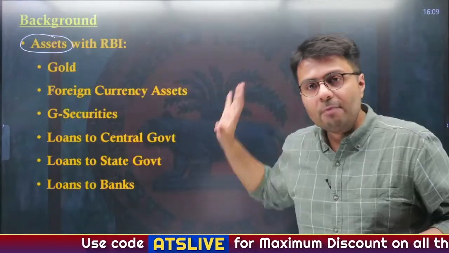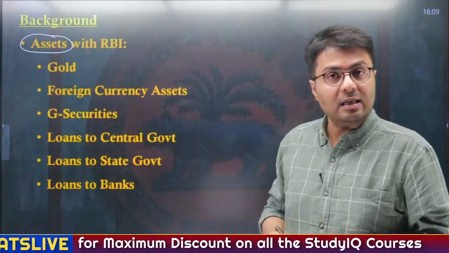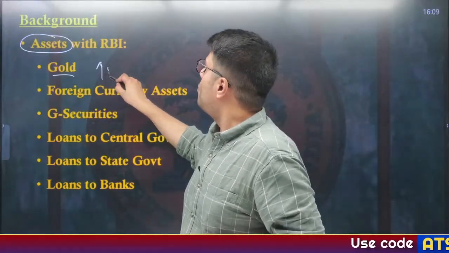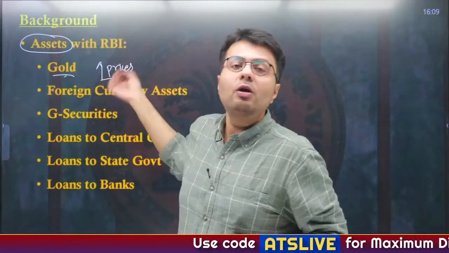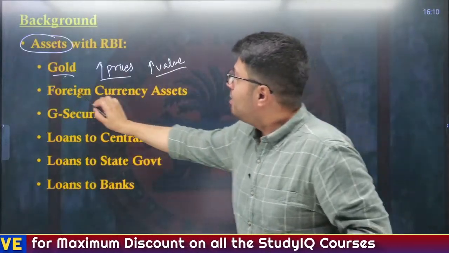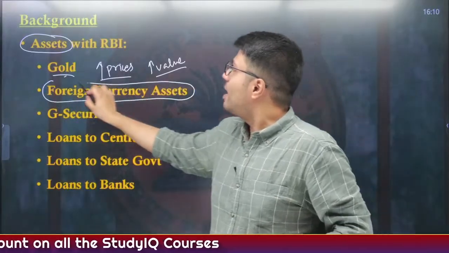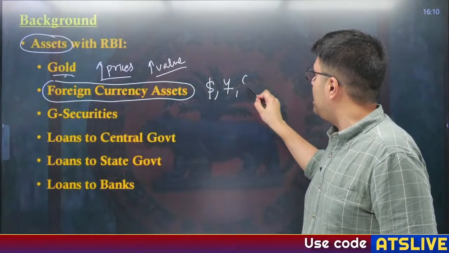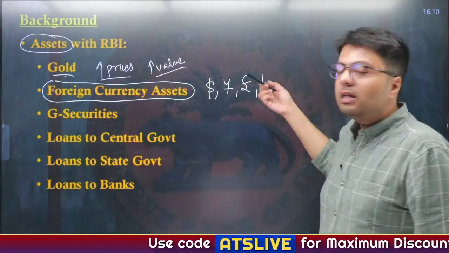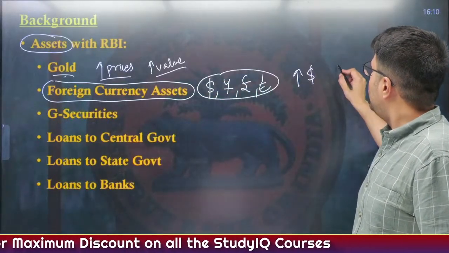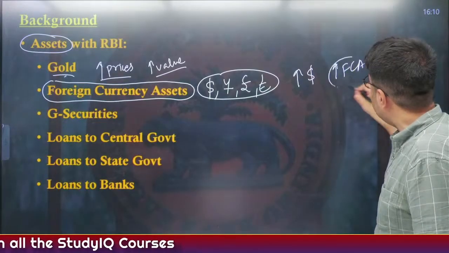So, this is how RBI also has some kind of assets. And what kind of assets does RBI have? RBI has a large amount of gold. We have already understood it. RBI has more than 700 tons of gold, and obviously if the price of gold increases, automatically the value of the gold that the RBI holds also increases. Okay, so this is how RBI makes profit. Similarly, RBI in its foreign currency reserve has a sizable amount of foreign currency assets, be it US dollar, Japanese yen, pound, euro, or other important foreign currency. So, automatically if the value of, say, the US dollar increases, the value of foreign currency assets that the RBI has within it also increases.